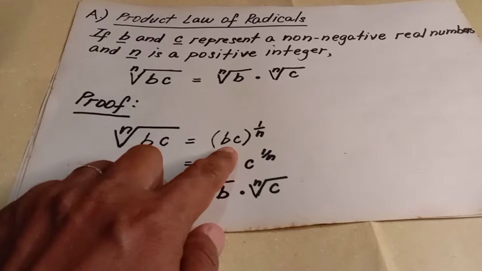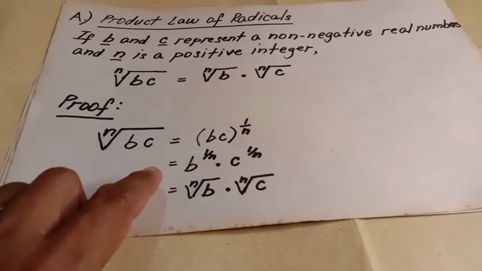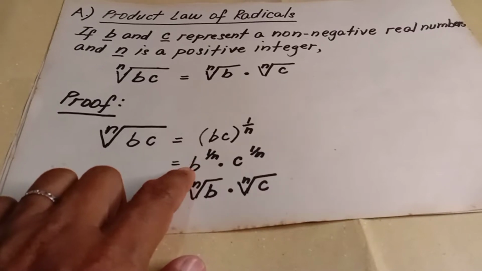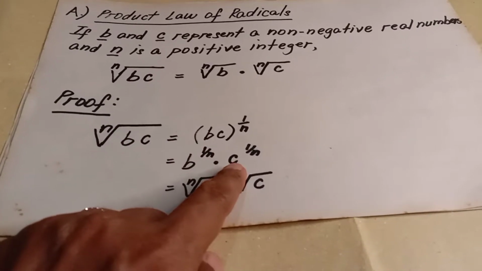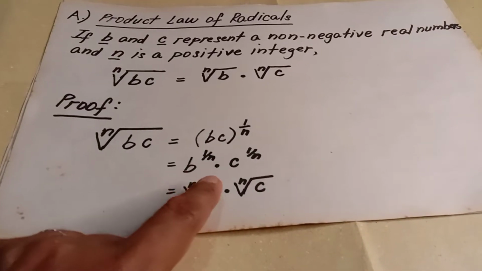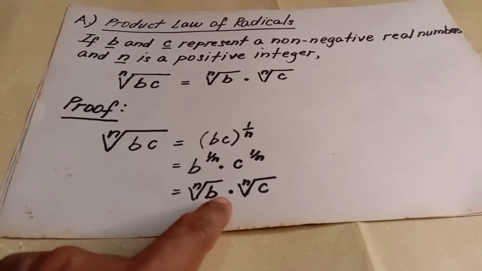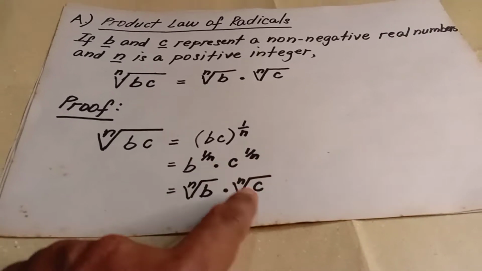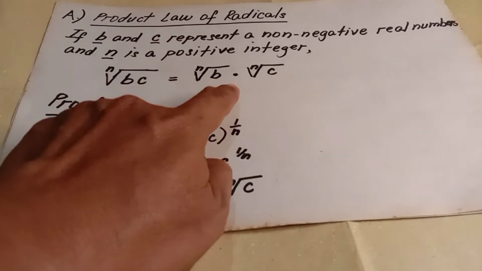B and C to the exponent 1 over n. So to simplify further, equals B to the exponent 1 over n times C to the exponent 1 over n, equals the nth root of B times the nth root of C, which is exactly the same as the above equation